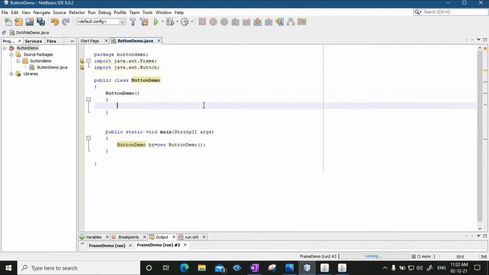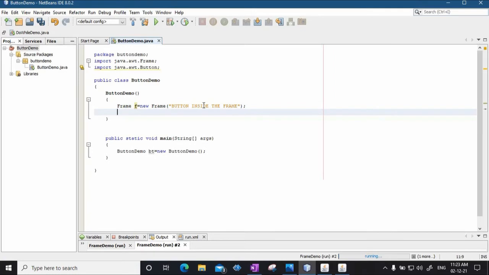Within the constructor I'm going to write all the code that is required to create a frame and within that a button. So the very first thing is you require a frame. So I create a frame object, Frame f equal to new Frame, and the text will be "button inside the frame". So the title of the frame will be button inside the frame.